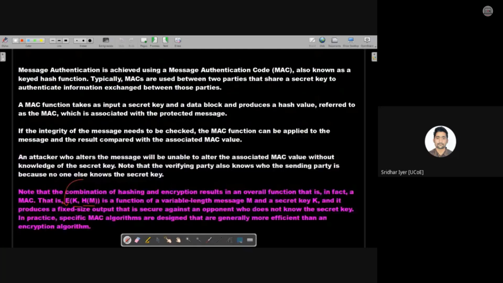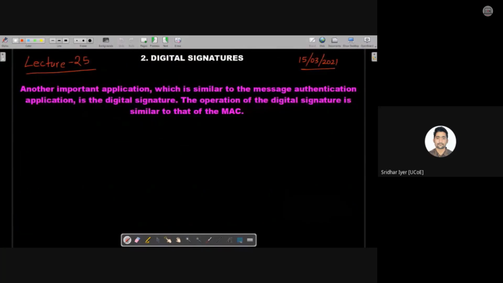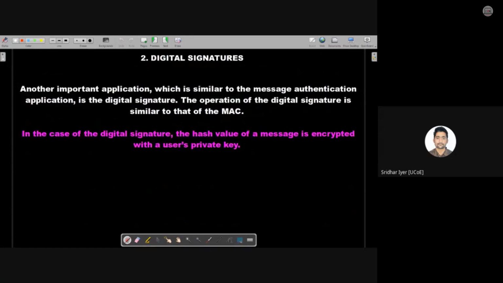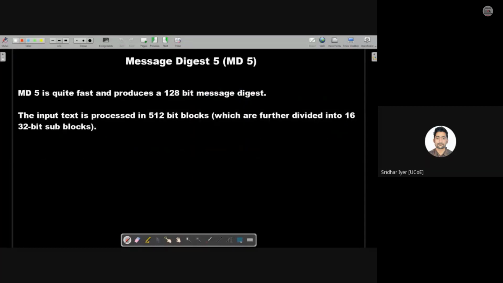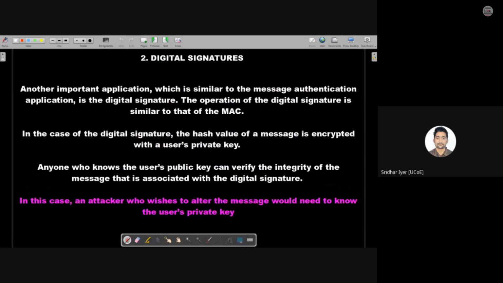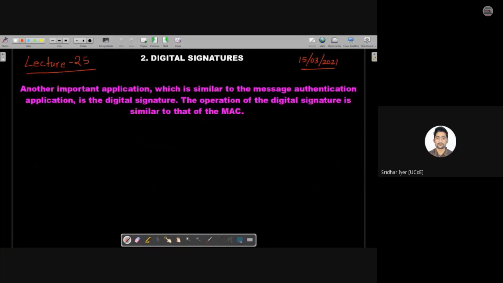So today we are going to start with the remaining topic, that is, the second application of hashing, digital signatures. And once we complete digital signatures, we are going to start with a very important concept from your syllabus, Message Digest 5. It is one of the hashing, or digesting, algorithms we are going to learn. In total, there are two algorithms: first is MD5, that is Message Digest version 5, and SHA1, that is Secure Hash Algorithm 1. So let's start with what exactly a digital signature is.